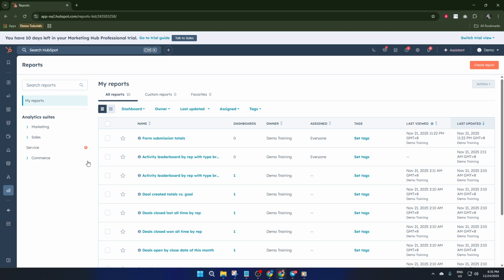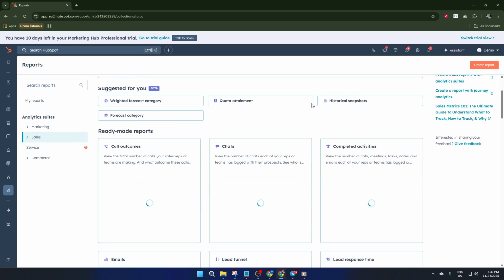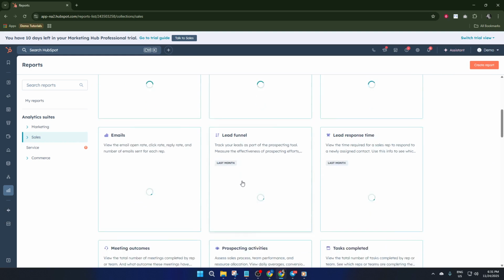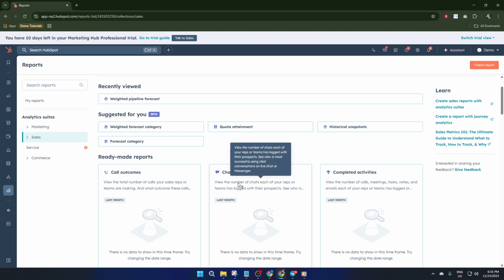Now, let's zoom in on sales specifically. Over on the left sidebar menu, you'll see a list of report categories. Click on Sales. This narrows down your options, showing only those reports that focus on sales activity, revenue, pipeline movements, and more. By doing this, you avoid sifting through marketing or service data, letting you concentrate solely on what matters